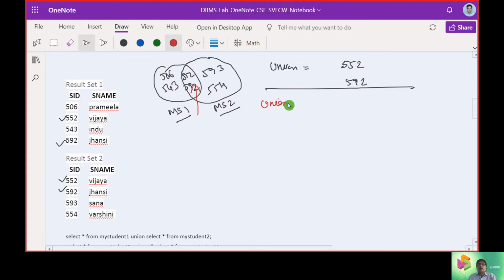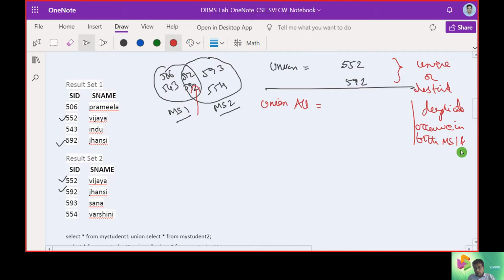But when we put it as union all, here we will be getting the duplicates, that is, the occurrences in both my student 1 and my student 2. In this case, we should assume 552, 552, then again 592 and 592 will arise.